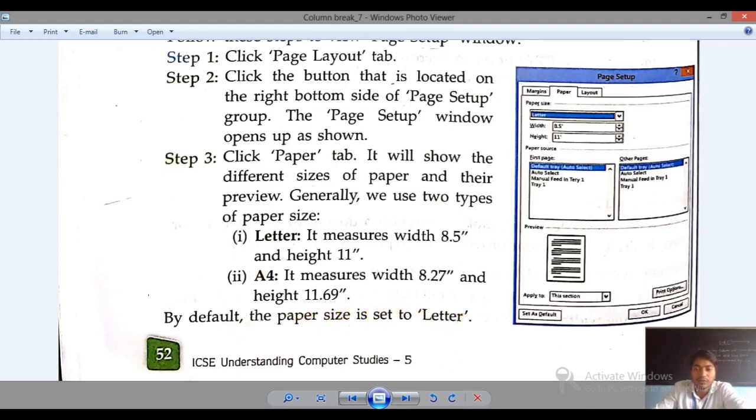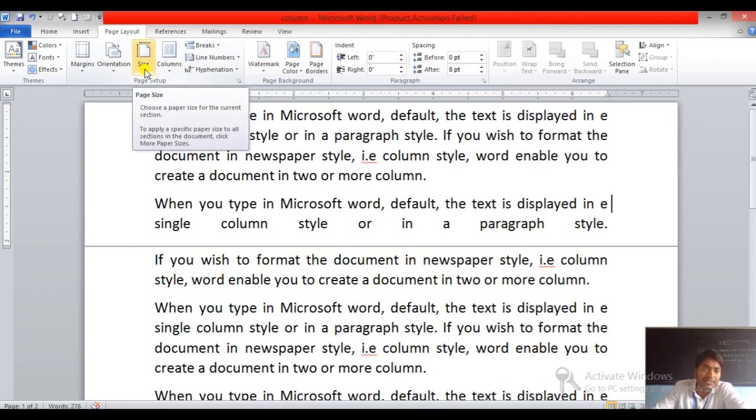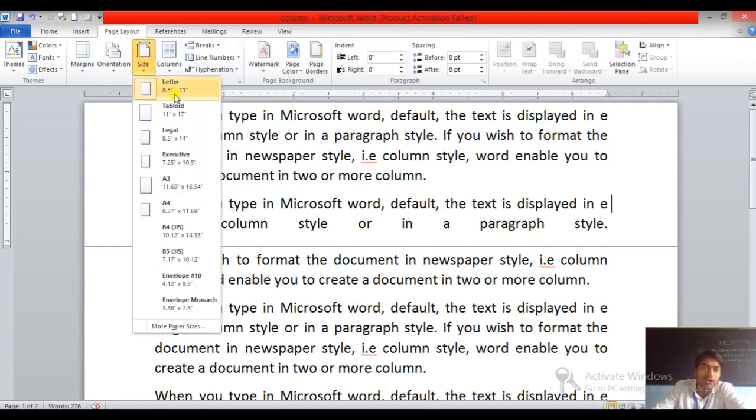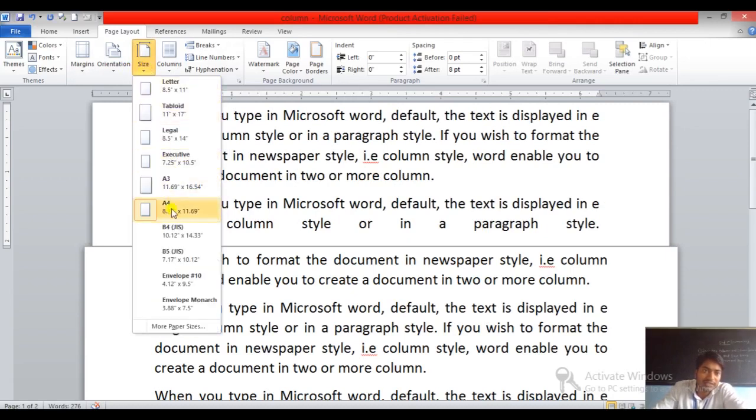Now let me show you the practical. Suppose here we have the page. So first click on page layout tab, then paper size, then page size. Okay, by default you can see letter size is selected. From here you can change it to A4. Now you can see the selection changed to A4.